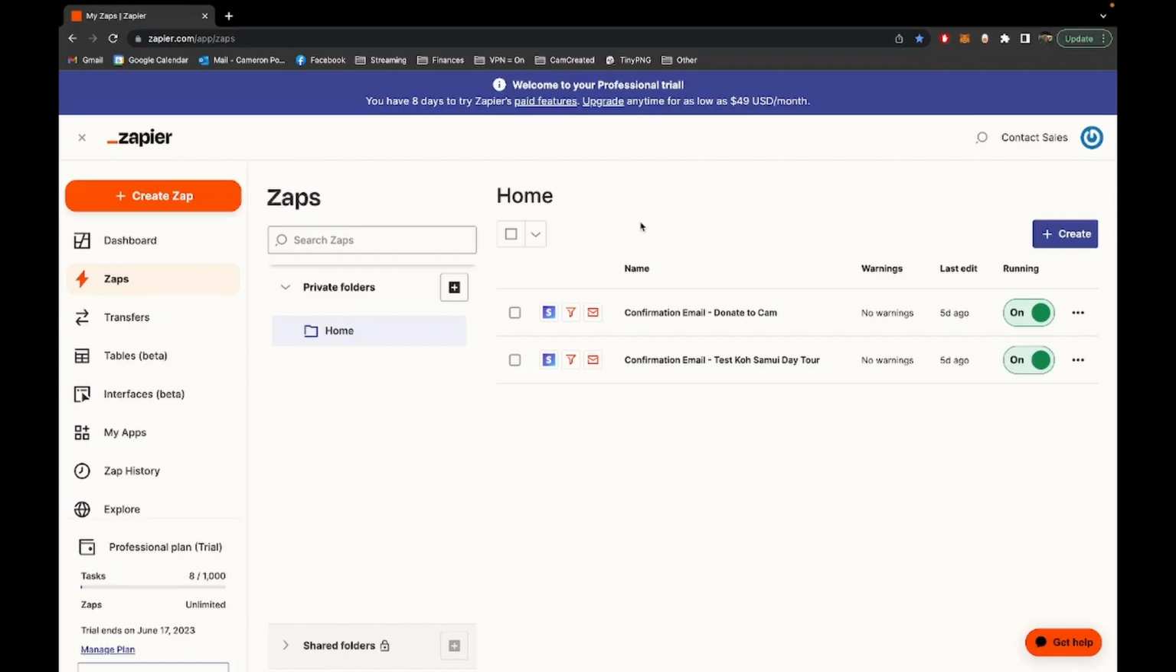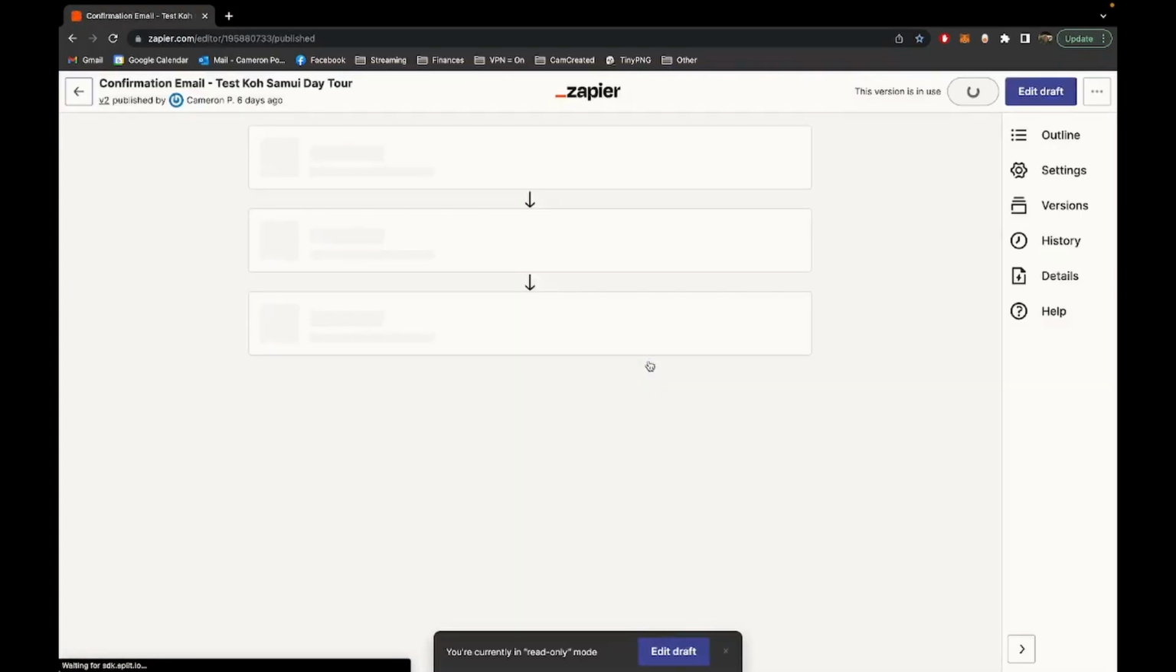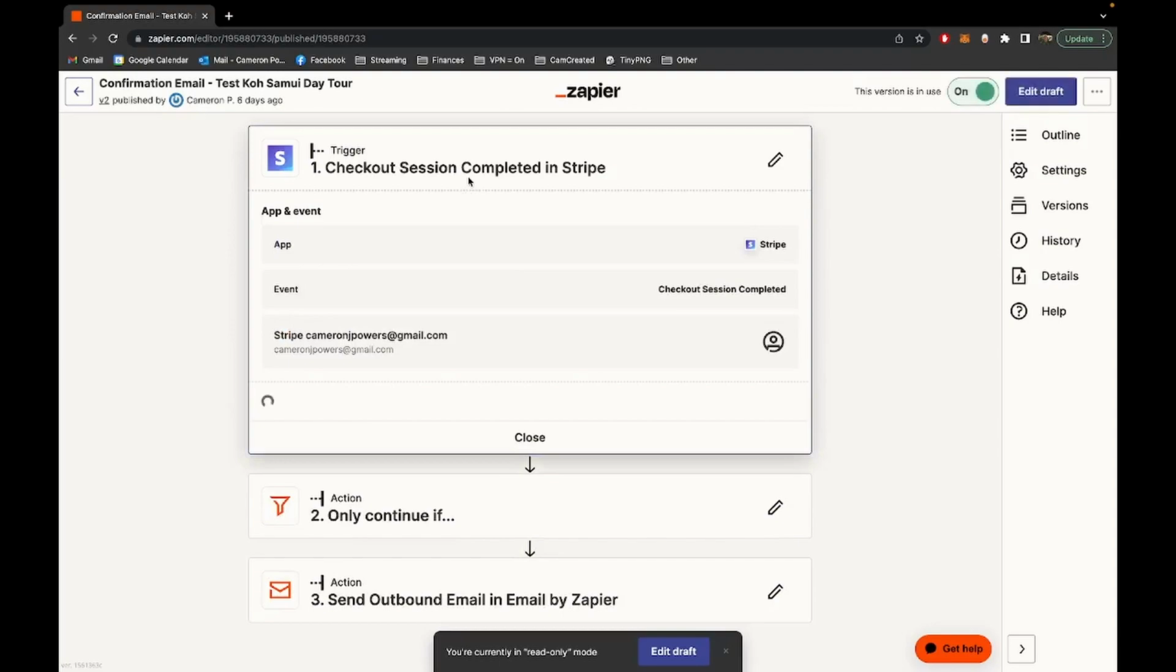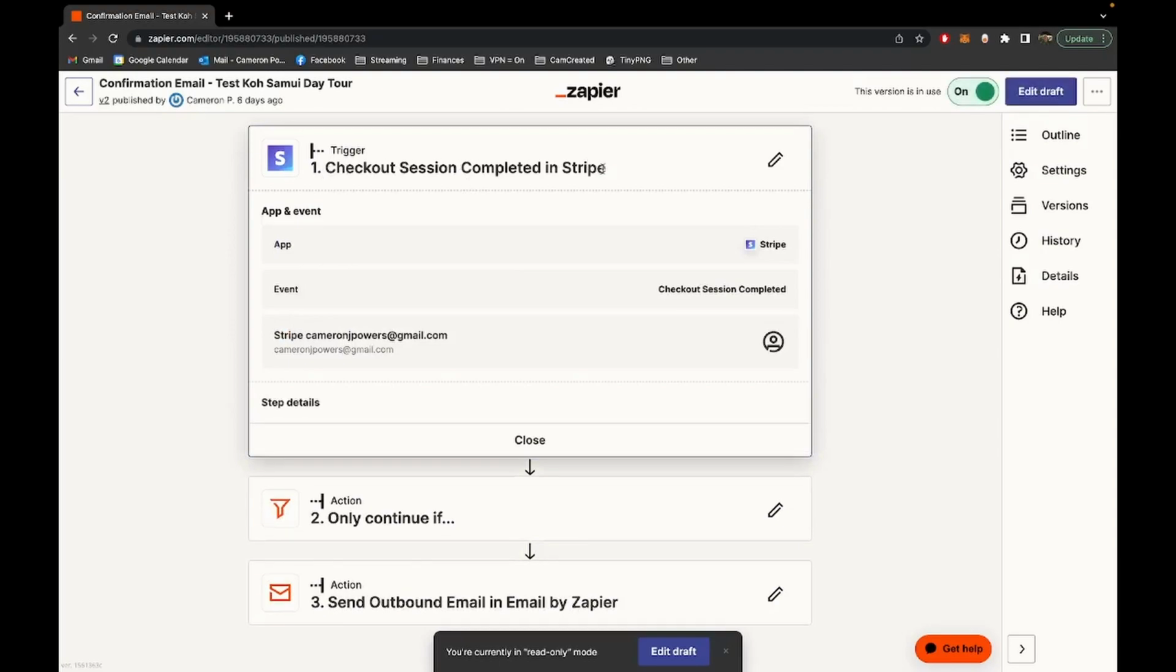Today I'm going to show you how to set up individual confirmation email sends for a Stripe product purchase. What I mean by that is that when you use Stripe on your website and someone makes a purchase, you want to send them an email every single time a purchase is made, and this Zap allows you to do so on a checkout session completed in Stripe. I'm going to show you how to do so in a separate